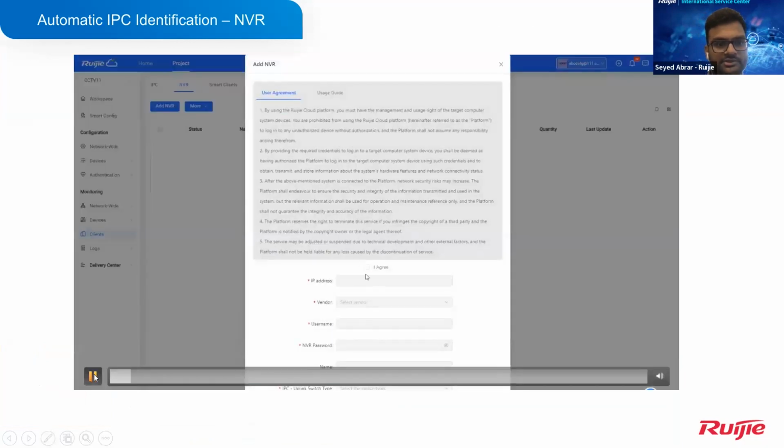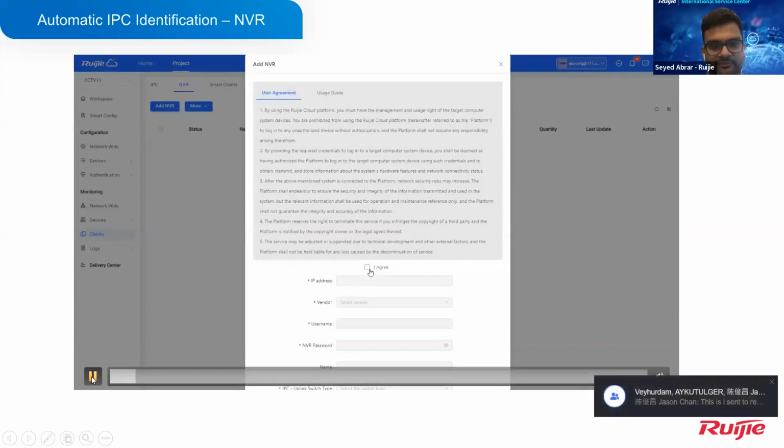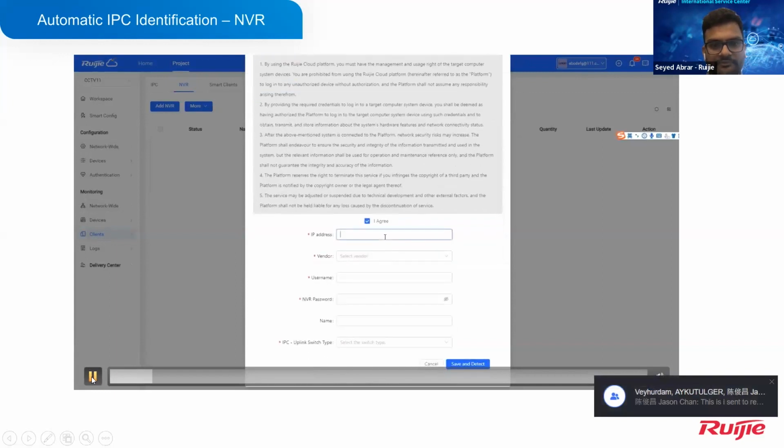So what you need to do is add the NVR first. From the client list, you add the NVR. So in the add NVR, as I said, you have to agree to these points as a user agreement, and then you give the IP address of the NVR,